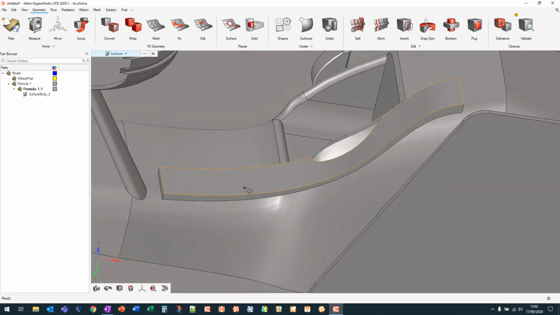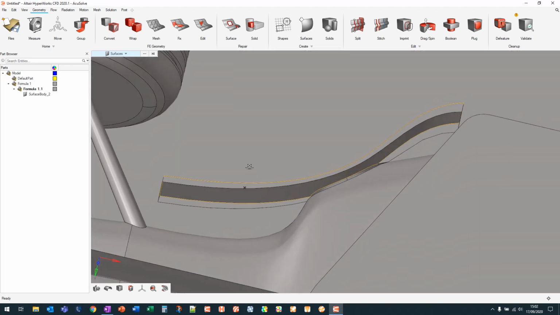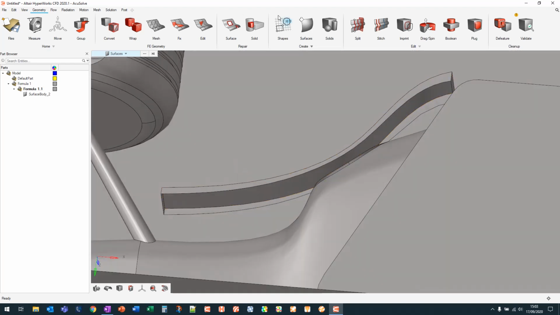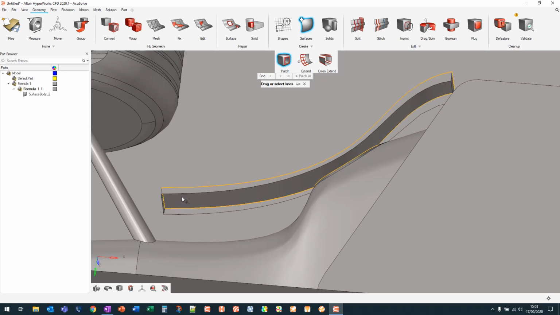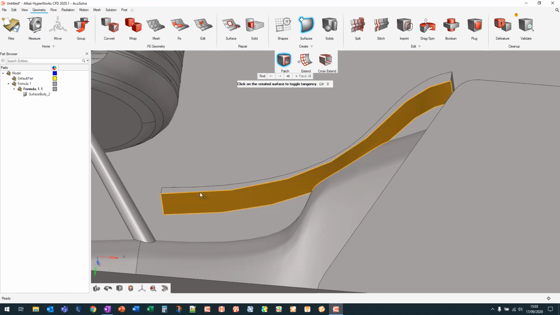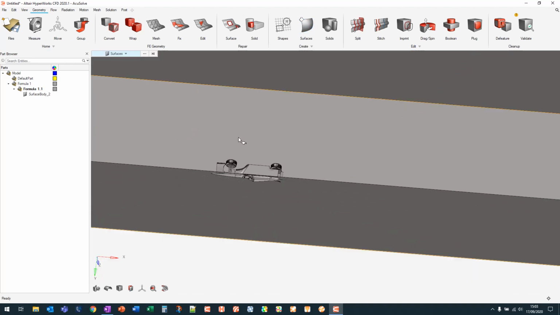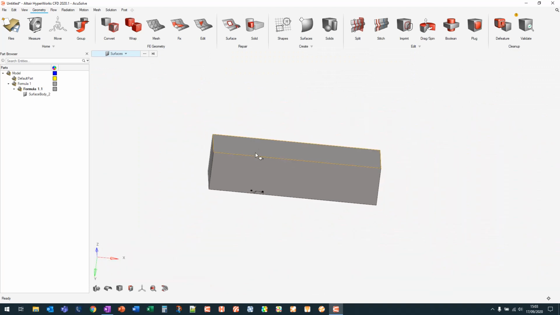So we can zoom into the barge board, rotate around here, and we can see that we have a hole on the back of the barge board, and like before we can go into surfaces, into the patch tool, and because it knows there's 3 edges all along the barge board, we can just double click on one of the edges and it will automatically patch that for you. So we can come out of that, the surface has been patched,